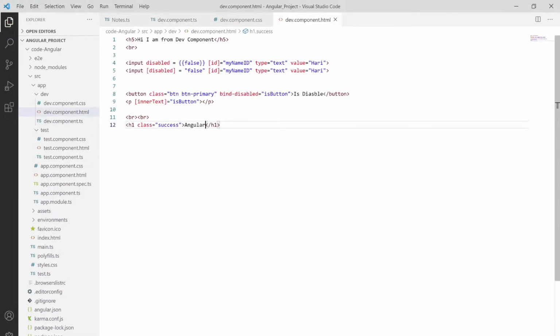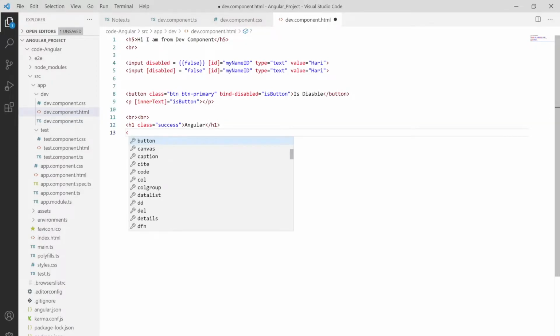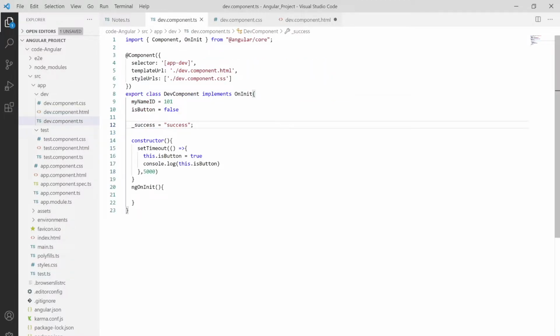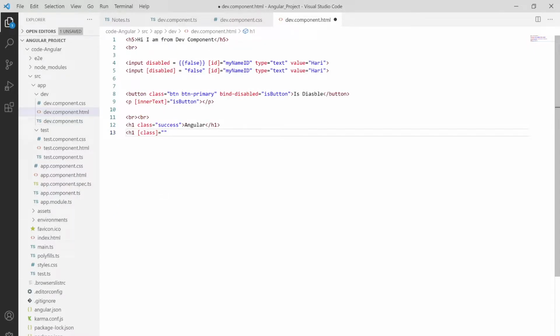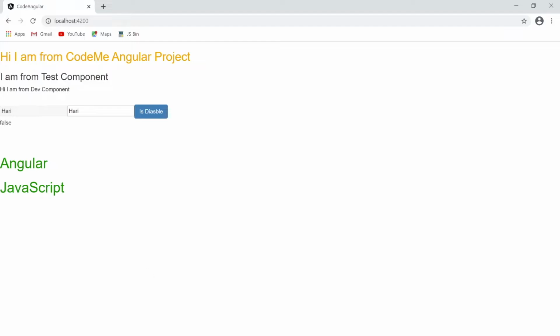Say I'm binding this in the HTML with the h1 tag, and then I'm using the property binding syntax as class over here, and then assigning it whatever property I have provided. Let me copy this and paste it down in our HTML. So paste it down, and then properly close the tag and use JavaScript over here. Let me save this and show you. See over here, JavaScript where you're working.